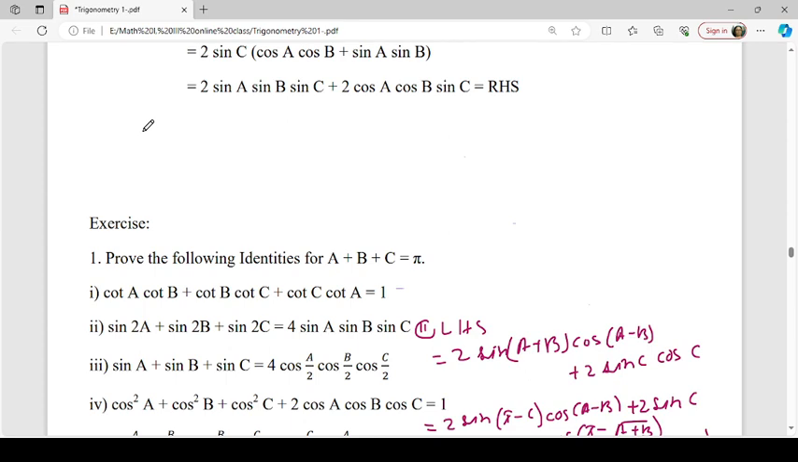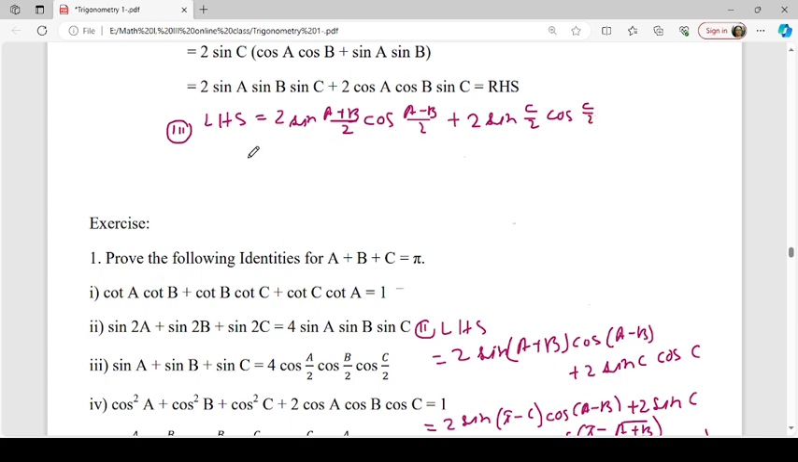So it is number 3. Left hand side, it is sin a plus sin b, which is 2 sin of (a plus b) by 2 cos of (a minus b) by 2. Sin c we write as plus 2 sin c by 2 cos c by 2,